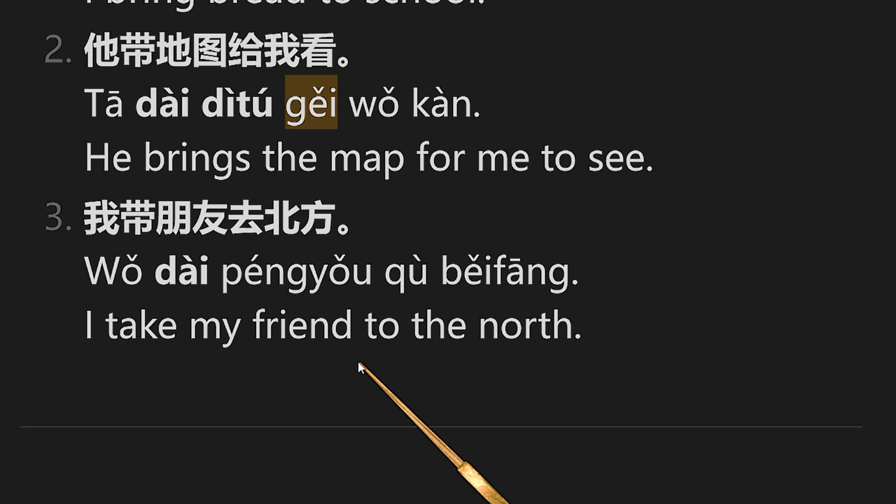I take my friend to the north. 我带朋友去北方。我带 I take, I bring, or take. 朋友 it's a friend. 去 to go to, 北方 to north. So take my friend to the north. 我带朋友去北方。